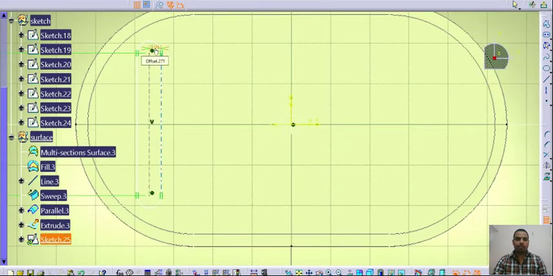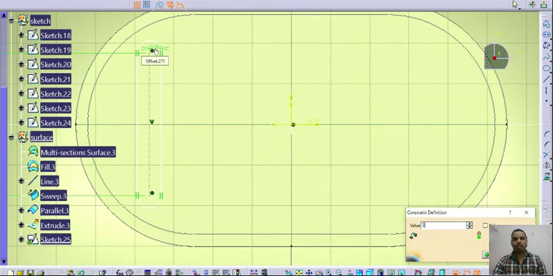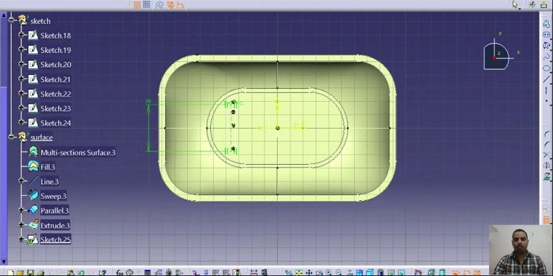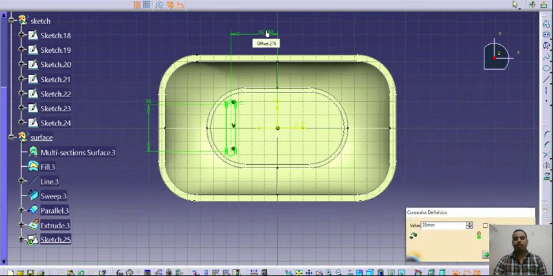The dimension of this I will make 3 or 3.5. So I will make it 3.5, and the distance of this line from the center line will be 35 mm.